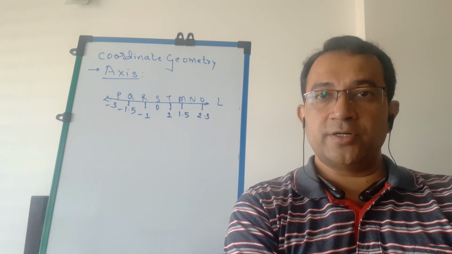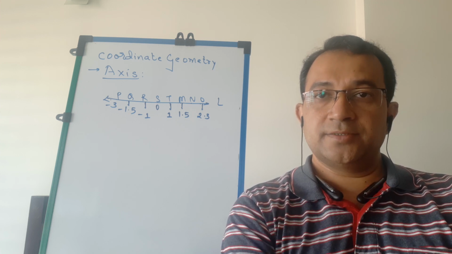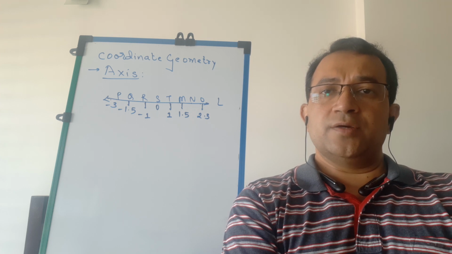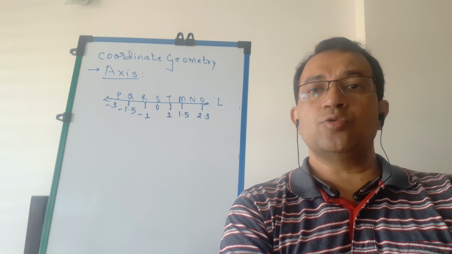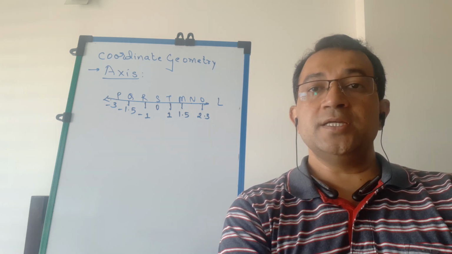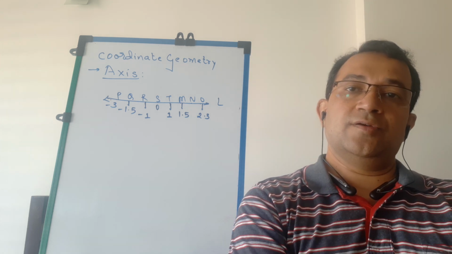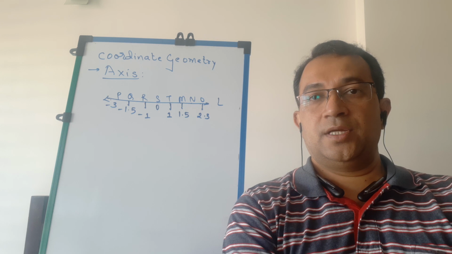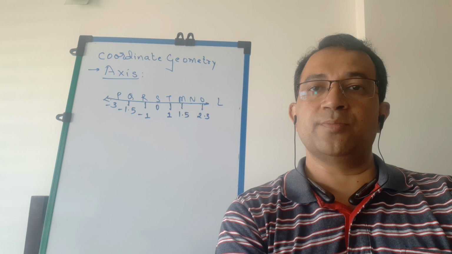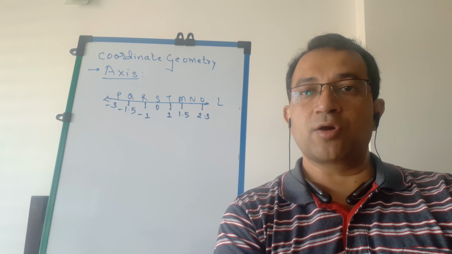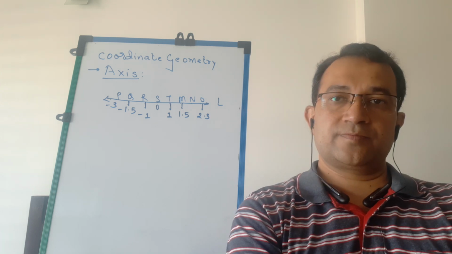Students, you have studied geometry and one chapter of coordinate geometry in your 10th standard. So if I want to say what is the basic difference between geometry and coordinate geometry, then I say in geometry we are dealing with sides and angles of any polygon. Why I am using the word polygon, students? Because it can be a triangle. A triangle is a polygon with 3 sides. It can be a quadrilateral. A quadrilateral is a polygon with 4 sides and onwards.